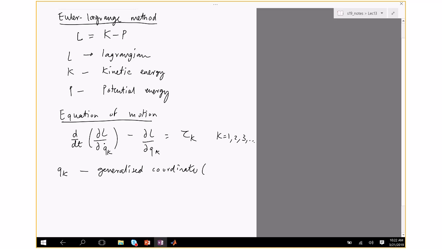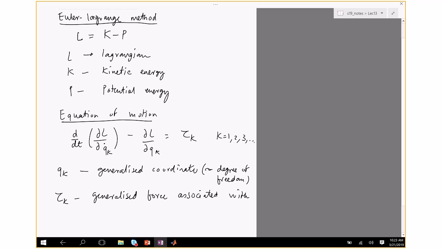Think of this like the degree of freedom. In manipulators, we've talked about revolute joints and prismatic joints. So essentially, it is the same thing. So I would like to think of this as the degree of freedom, and then the tau k is the generalized force associated